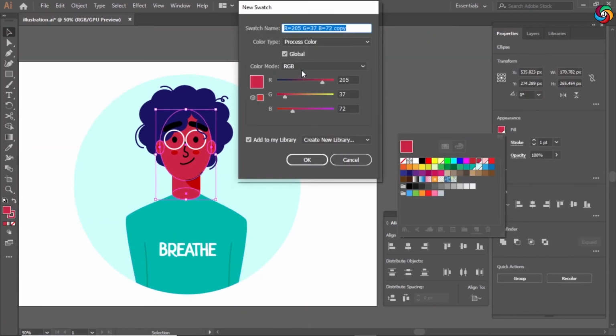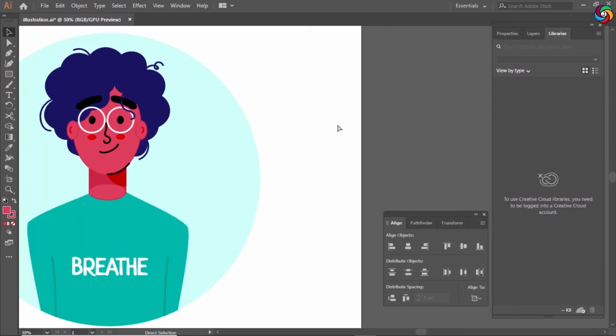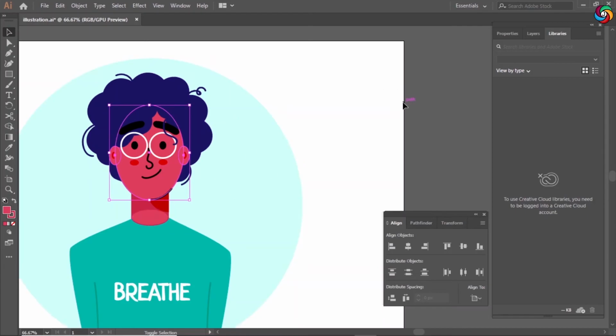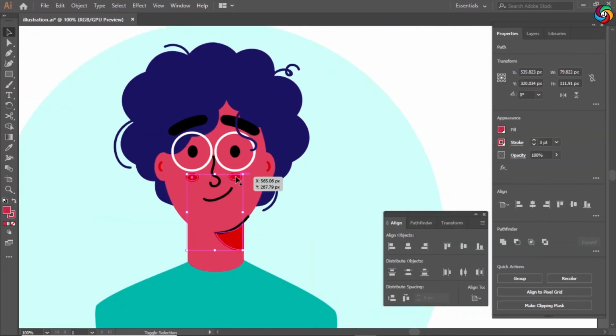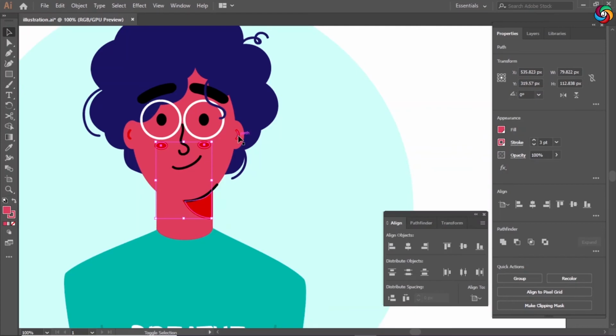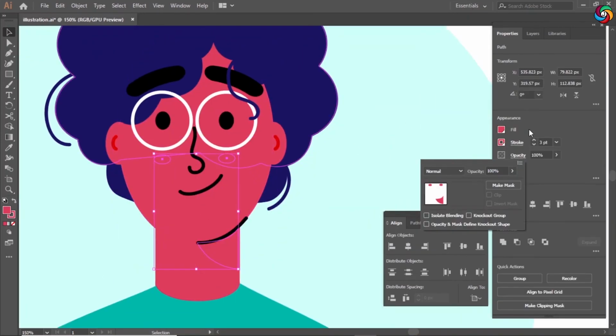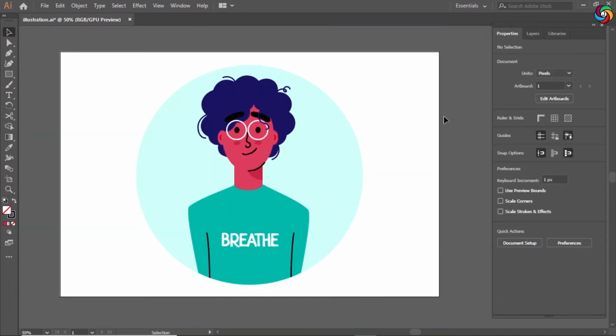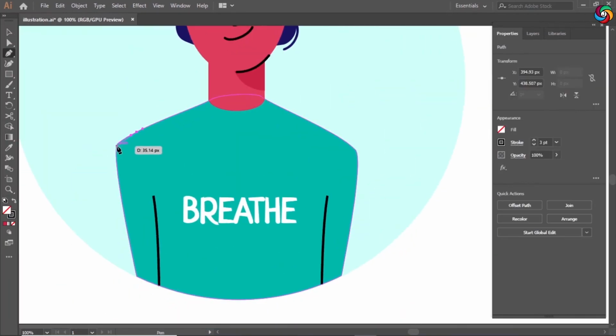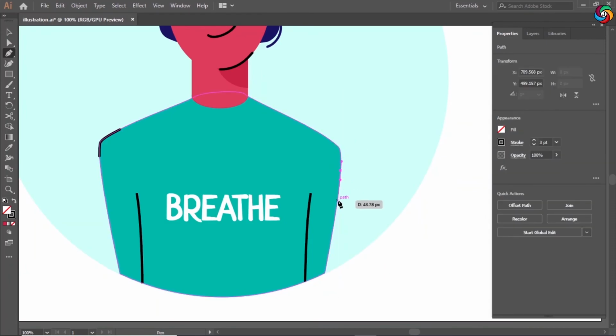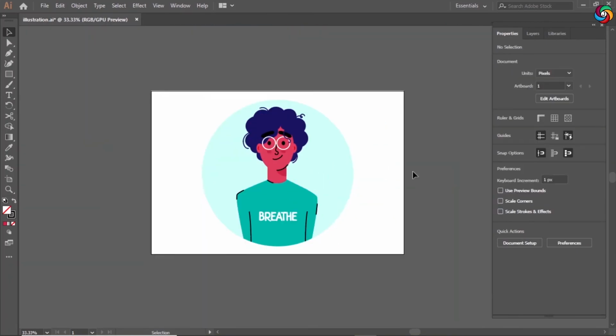I decided to change the skin color after realizing that I did not quite like the contrast. I changed the color of all the details on his face as well. I decided to make the lines on his shirt black and draw some more black lines on his shoulders as well.